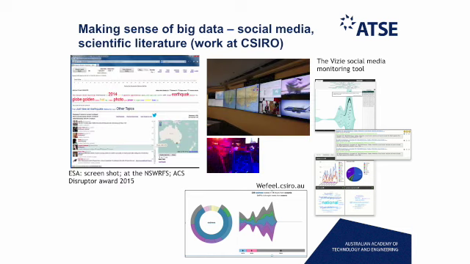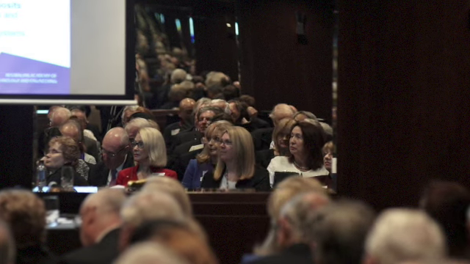We also have done some work in emergency services. This is a system which monitors Twitter, again in real time, looking at mentions of emergency. The system is deployed, you see in the middle here. It's one of the inputs to the New South Wales Rural Fire Service. So it's being used as one source of information now. People don't always call 000 anymore, they tweet. It's what people do, so we have to react to that. And I'm very pleased to say we got an award for that system.